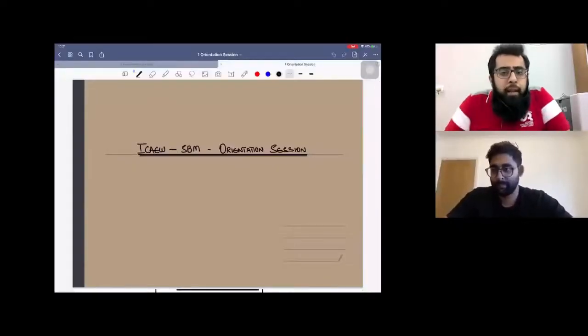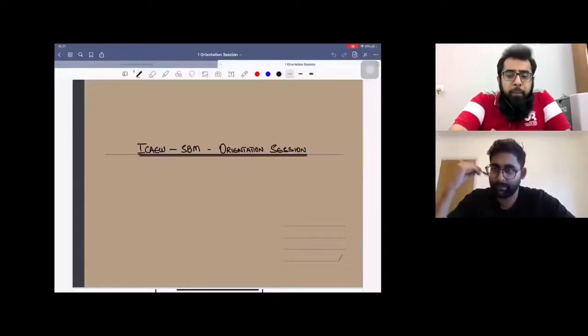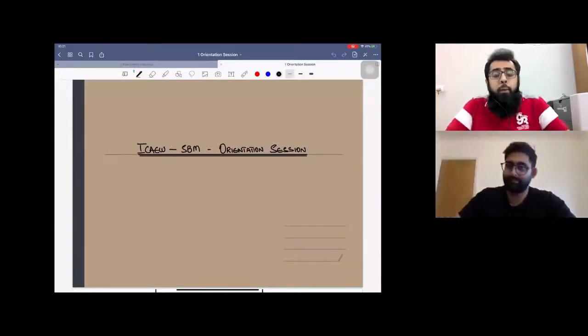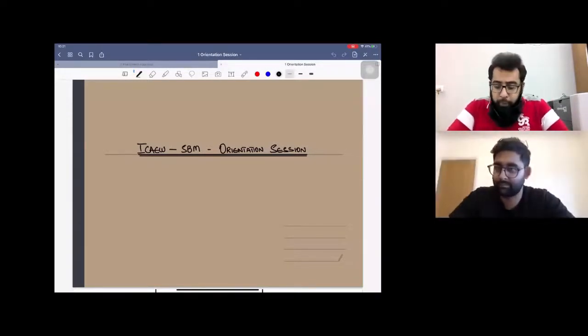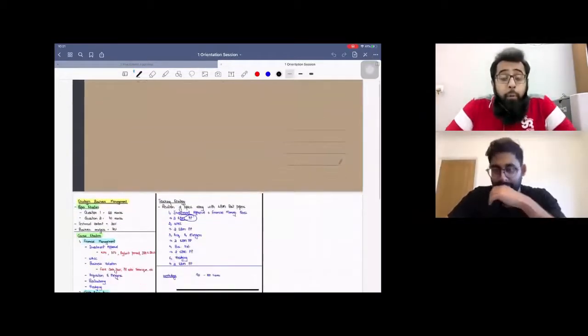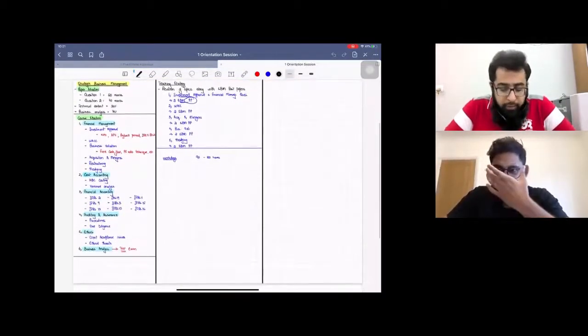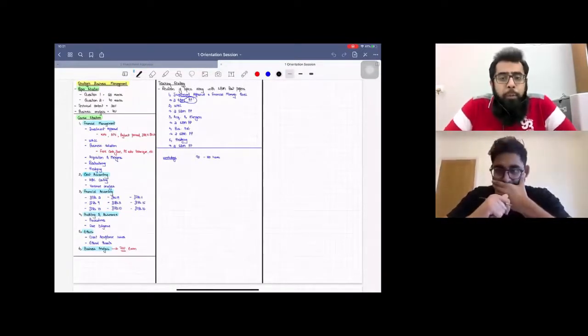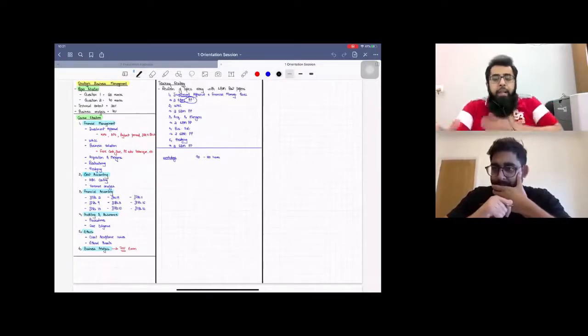Okay, so let's start our today's session. In the previous class, we had an orientation session and we discussed a course outline. I hope you remember. We discussed what the structure of the paper will be, and we discussed the course structure. The key areas which we have to cover included financial management, cost accounting, and I discussed my